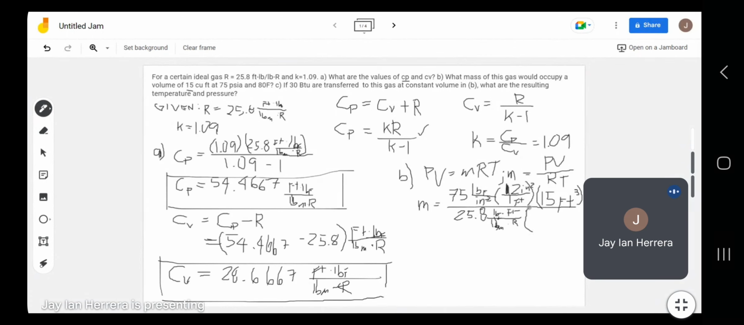multiplied by the temperature, given tayo 80 Fahrenheit. Convert natin dito properly. Cancel the units. So cancellation of units. Cancel out, feet squared. Mag-merge si feet dito sa baba. So si cubic feet, pound force will cancel out. Matitira is pound mass. Therefore, our mass for this gas